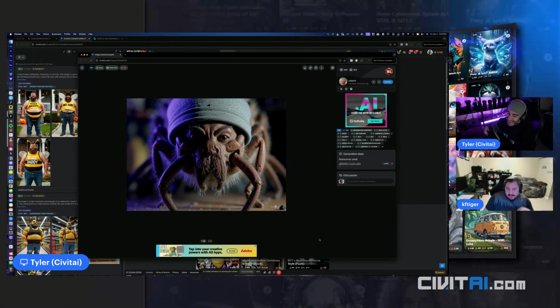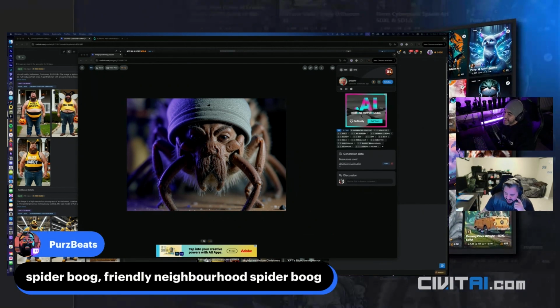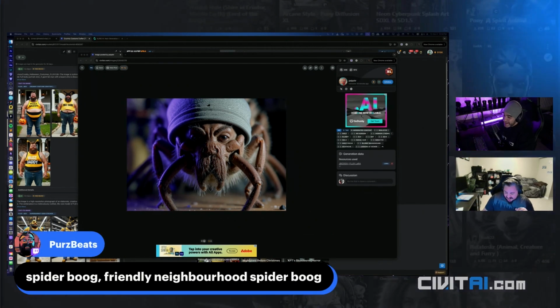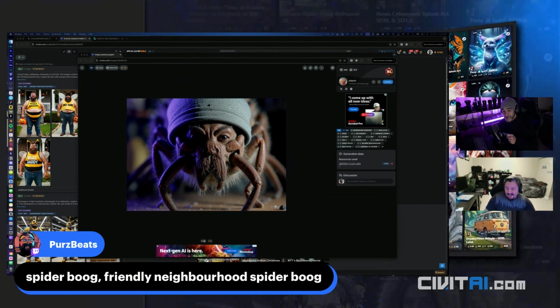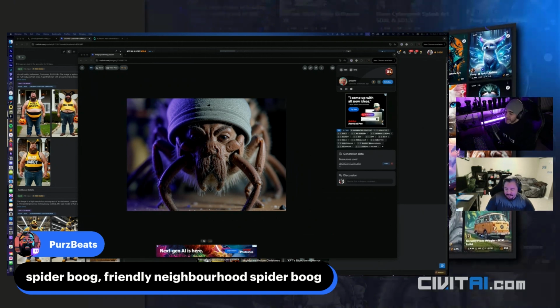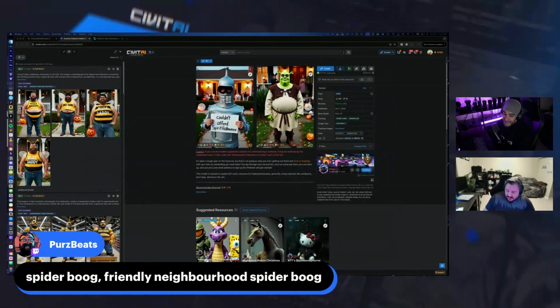So that's what happens if you overtrain a concept. If you take that gray beanie and put it in everything, you're going to get the gray beanie no matter what. There you go. Guys, there is the concept part of this stream wrapped up in a nutshell. If it is in every picture, it is a part of the concept. Yeah, and that's why he wears it every time, just to make sure.